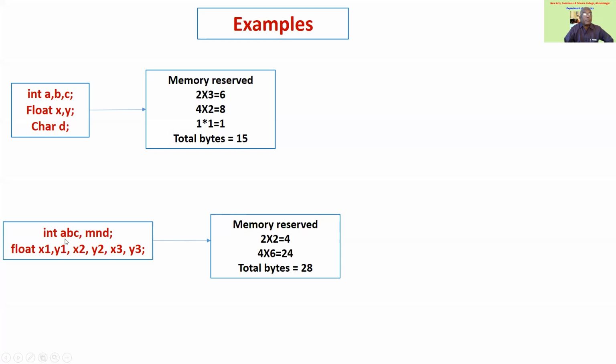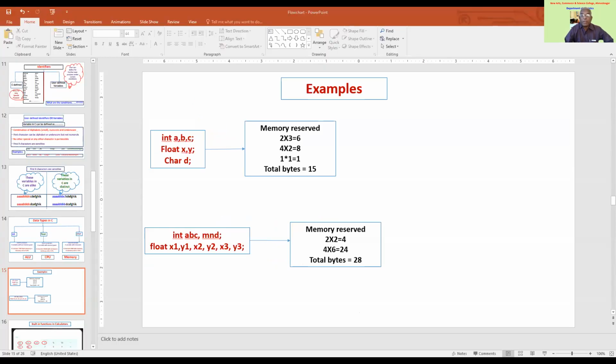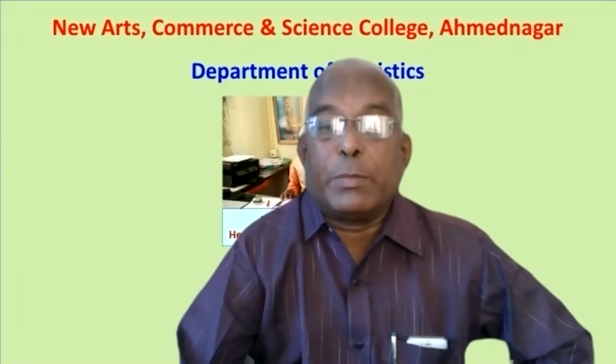int abc, mnd, are variables. So these 2 variables will require 4 bytes of memory. x1, y1, x2, y2, x3, y3, these are 6 floating type variables. Every variable requires 4 bytes of memory. So it is 4 into 6, 24 bytes required. So that is why this declaration will require 28 bytes of memory. So it is the last 1 minute remaining. What my suggestion is,